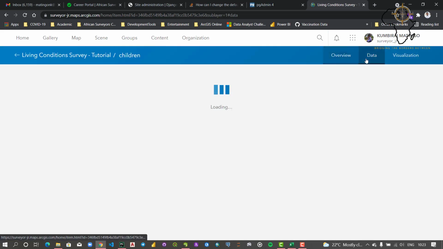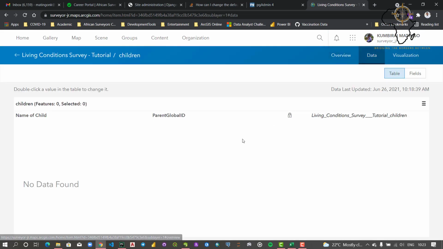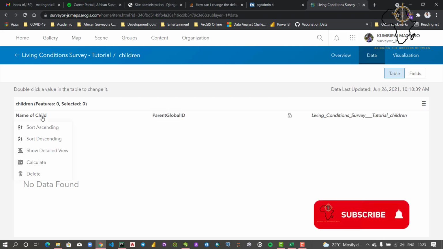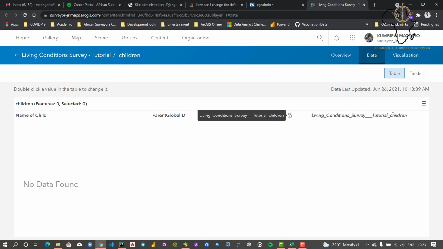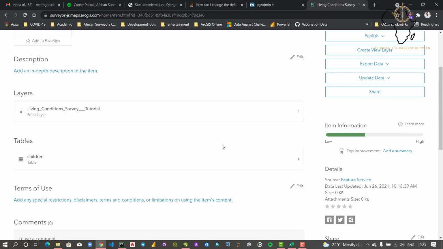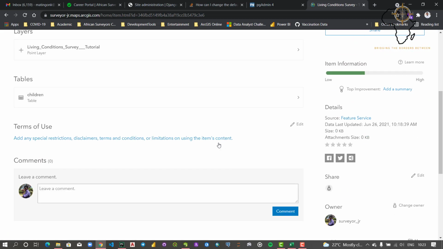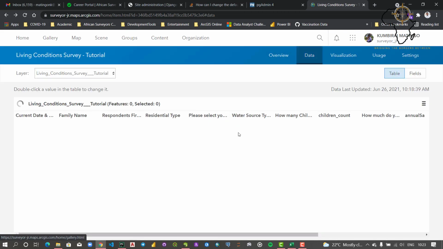the children. So if I go to data, unfortunately we don't have the data right now, but as you can see in the column, we have a column which contains the name of the child and the parent global ID, and then here is the relation of the child to the location of the survey. So all this data is related. So whenever we're creating maps and analyzing, we have to take into account all these relations, and then we get to figure out what we are actually dealing with. Okay, so with that being said, I think this is the end of the tutorial, and I'm just going to